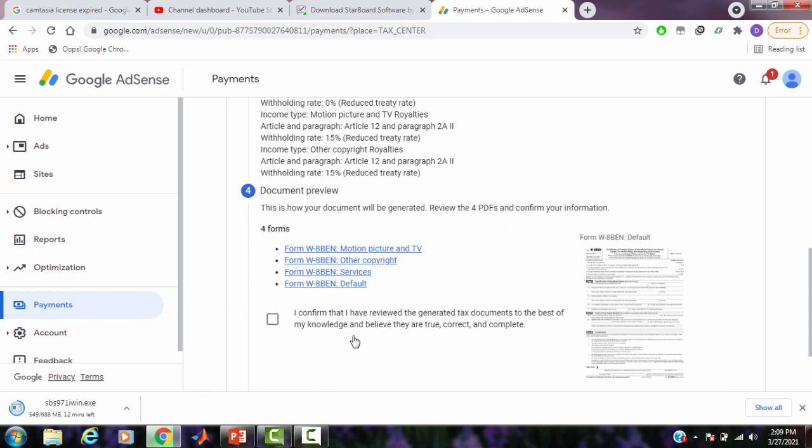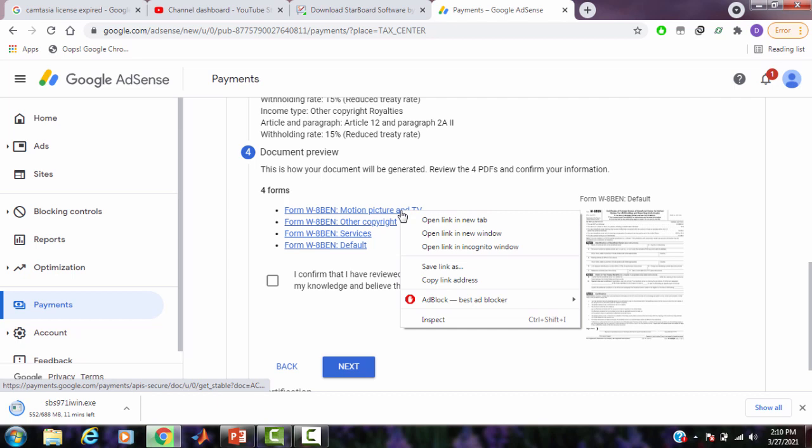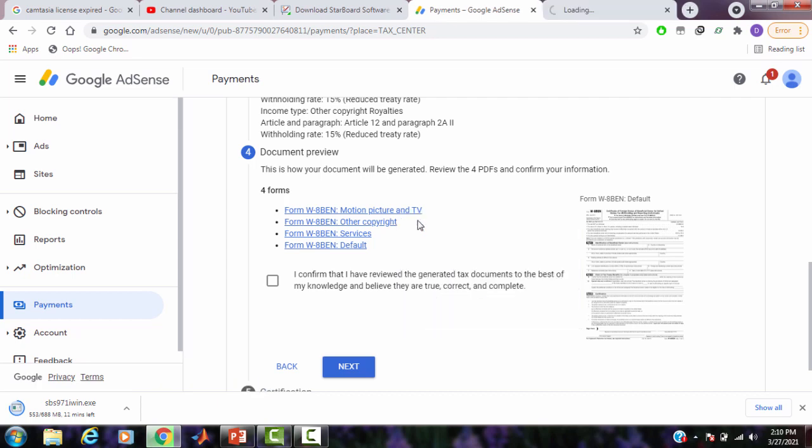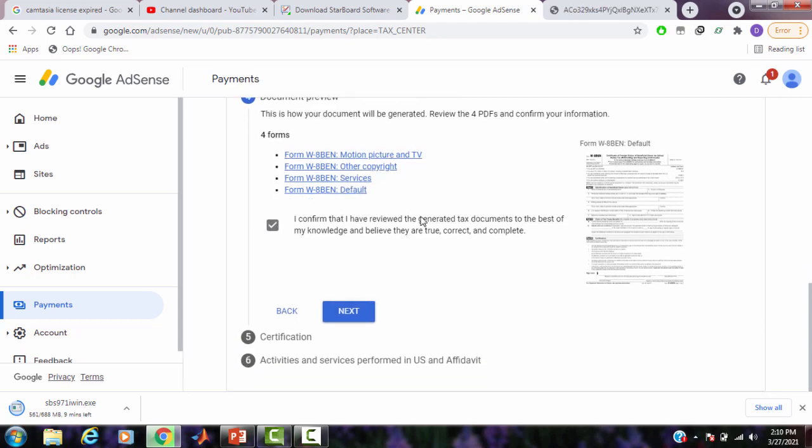You can see the document preview. Four forms will be developed. You can click on each and every form and download it and keep it on your laptop or mobile phone, whatever it is. Below that you can see a message: "I confirm that I have reviewed the documents." Click on that and click Next.